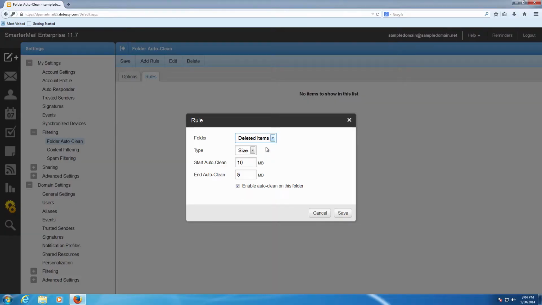So we're going to start off here by clicking on deleted items, and we're going to do this one by size. We're going to say 80 megabytes. We're just using 80 megabytes because the default size for any account is generally 100 megs, but of course you can change your size to anything you want. We've actually got another video that shows you how to manage your account, so if you're not sure how to do that, you can go check that quickly to see how much you have to work with. Under here, we're going to set this one to 50, and then we're going to click on